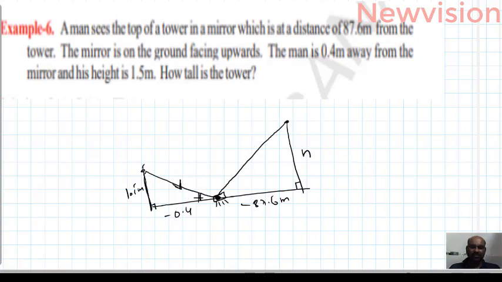Okay students, actually these two angles are equal. Why? Because, for example, this is the mirror, this is the incident ray, and this is the reflection ray. If this is the normal, this is called the angle of incidence and this is the angle of reflection. The complement of the angle of incidence and the complement of the angle of reflection are the same. That's why these two angles are the same. Already 90-90, therefore these two triangles are similar. From similarity, using that concept, you can find the height of the tower.